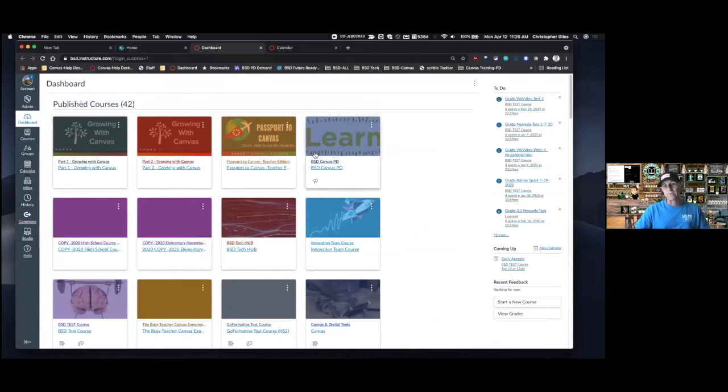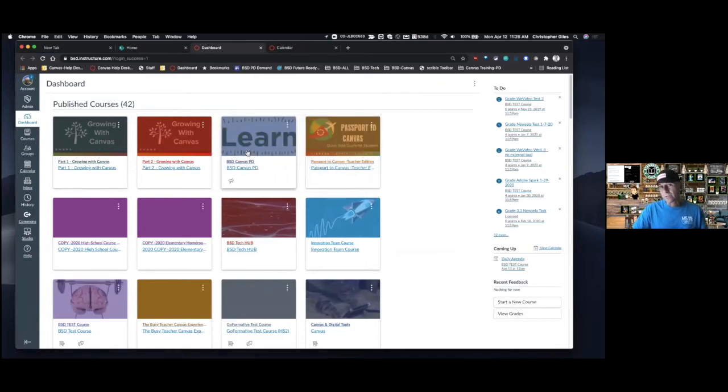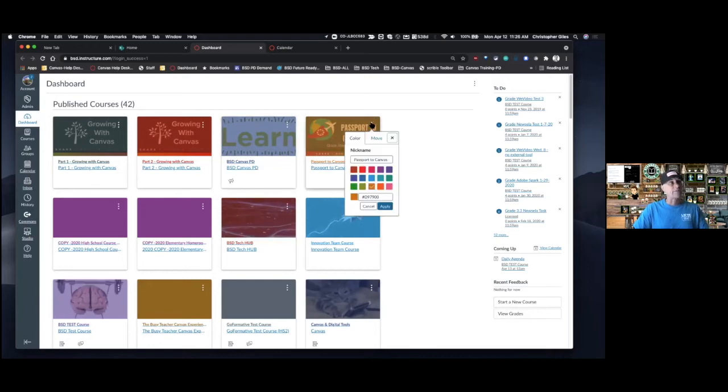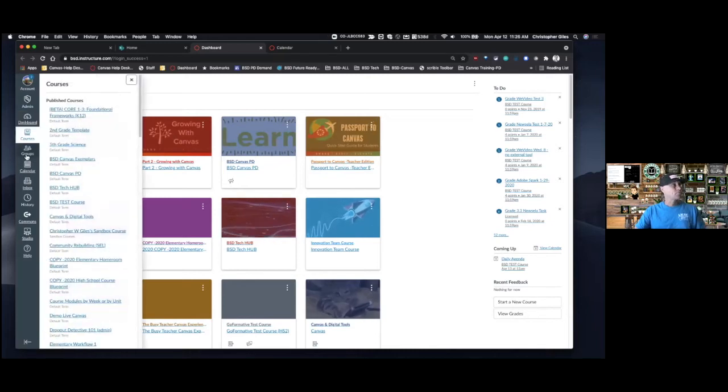And once you arrive in the dashboard, you can arrange those dashboard courses however you want. So you can click and drag courses whichever direction you want. You can even give nicknames to courses if you want to, just to help you organize those courses. And on the far left-hand side, you'll notice you have other navigational buttons: dashboard, courses, groups, calendar,